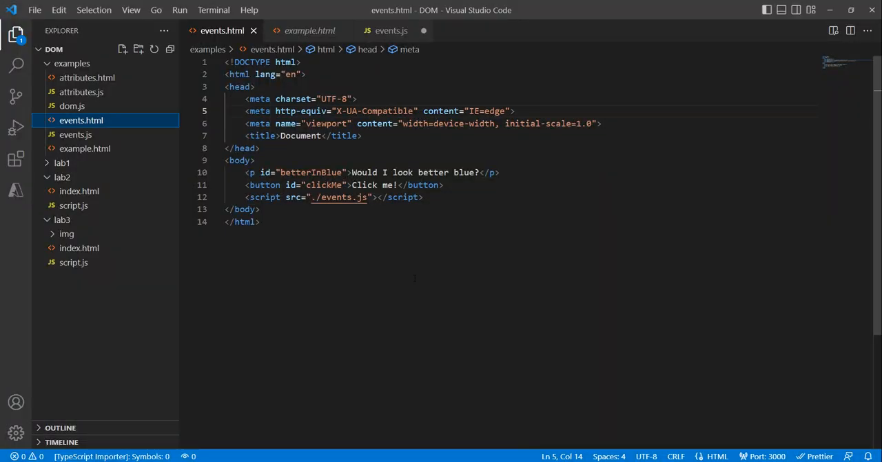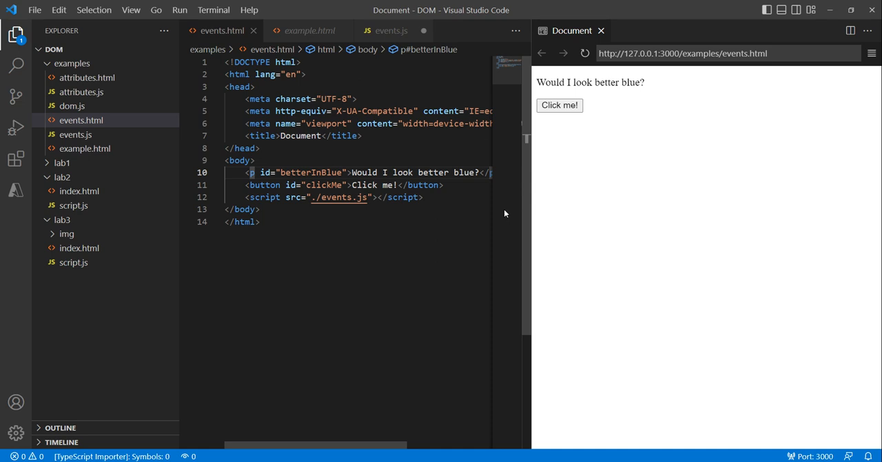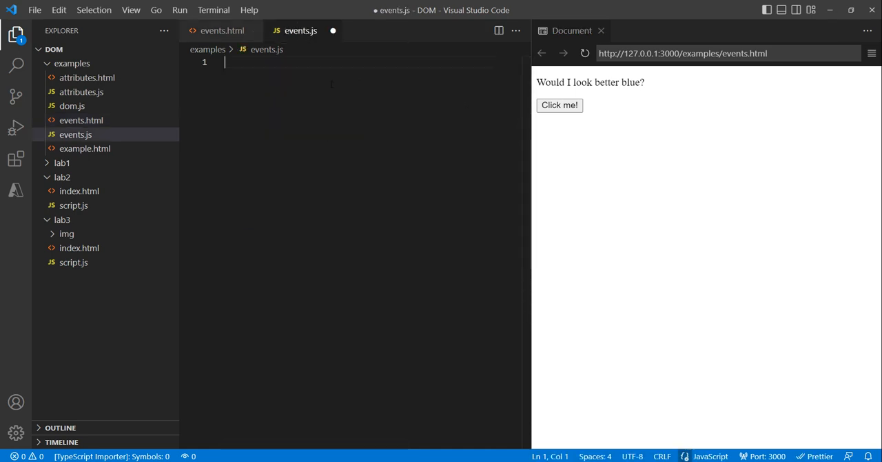All right, so I've got some HTML here, and I've got a button with an ID of click me, and a p tag with, would I look better in blue? Okay, would I look better in blue? I don't know. Would you? We'll find out. So I'm going to go over to my events.js,